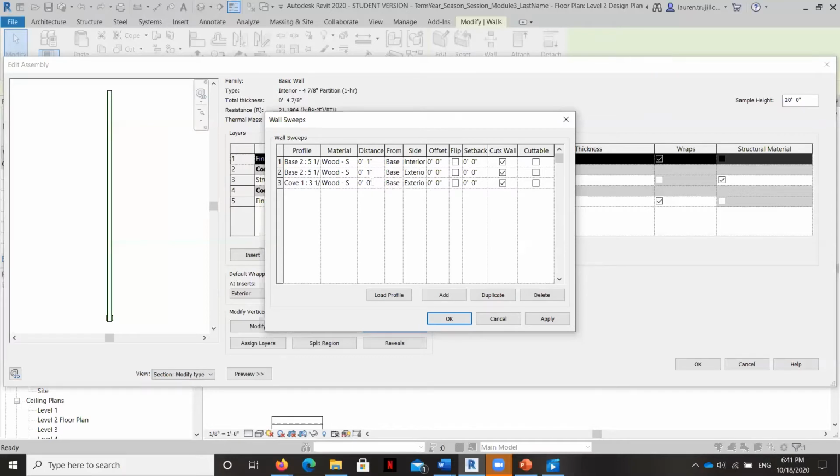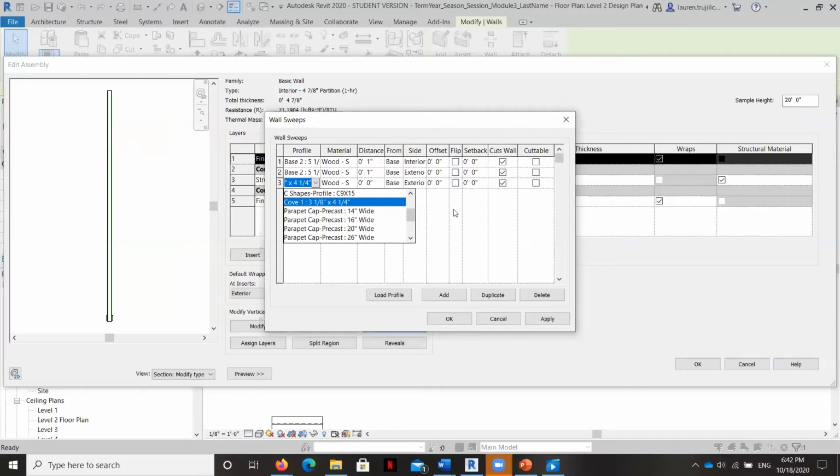Now, we've got 10-foot high ceilings, remember? But this one is actually 4 1/4 inches tall. So what we need to do is drop it down because we don't want it to start right at 10 feet, since that is where the bottom of it would go. We want it to start at 10 feet minus this height right here. So when we say distance from base, we could do top too, but let's go ahead and do the distance from the base. So 10 feet minus 4 1/4 inches.